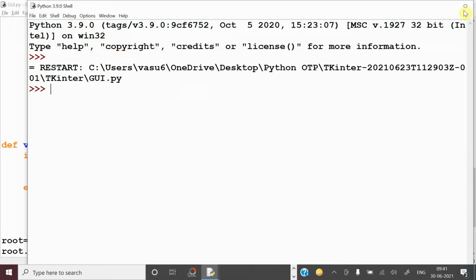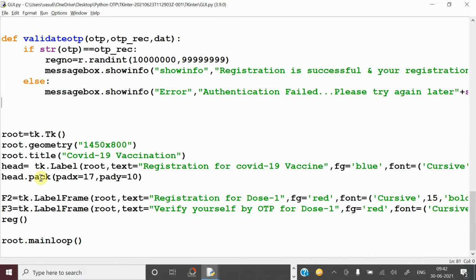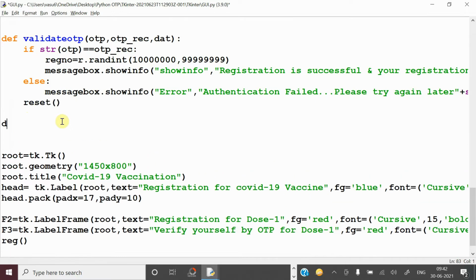So for this, what you have to do is, after that you have to call the registration main function, or you can reset all the frames. So here define one small function for resetting the frames and opening the home page. So I am creating one small function definition, def reset.